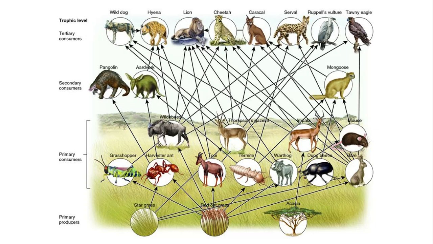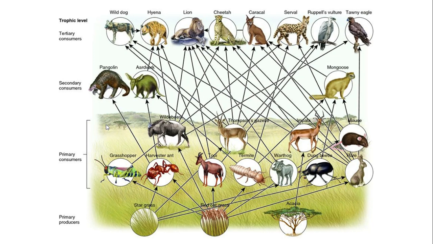As you can see, the lion has many different options to get its food from. They could get it from the wildebeest, they could get it from the topi, they could get it from the gazelle, or the impala, or the hares. So they have many different options. So if one of these species became extinct, let's say, for example, the topi, they have many other options to get their energy sources, so they won't be as affected. But if you have species that are more specialist per se on the types of food they consume, we could see that the removal of a species could actually cause some of this food web to break down.